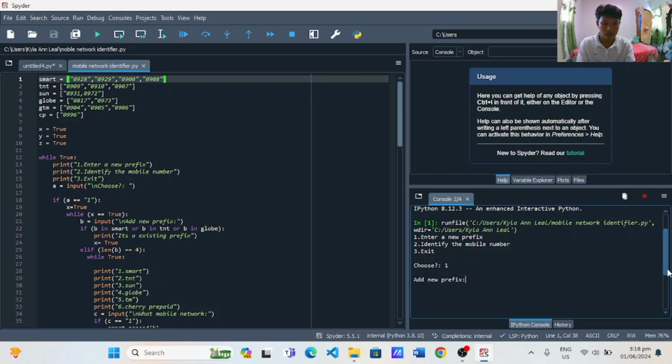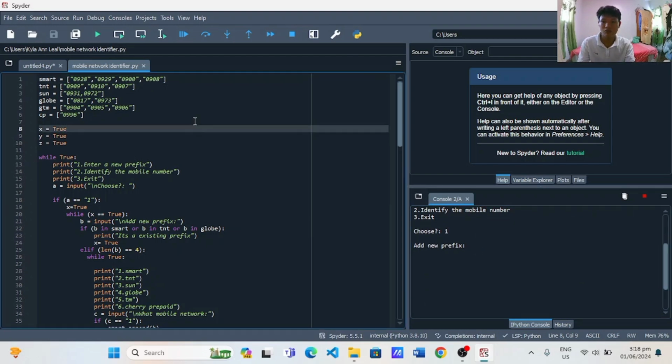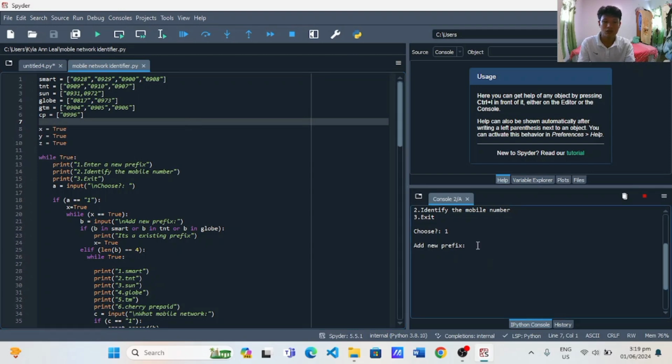It shows add a new prefix. This will add a new number and we will select a type of network for that number. It is actually a 4-digit number only.